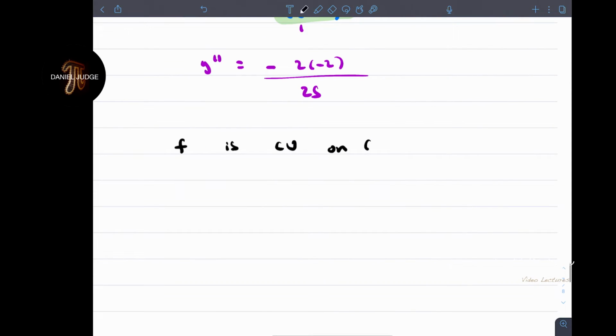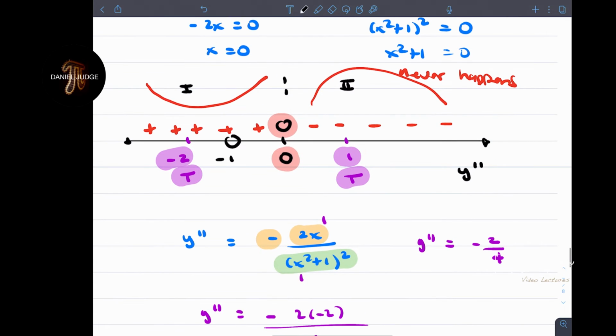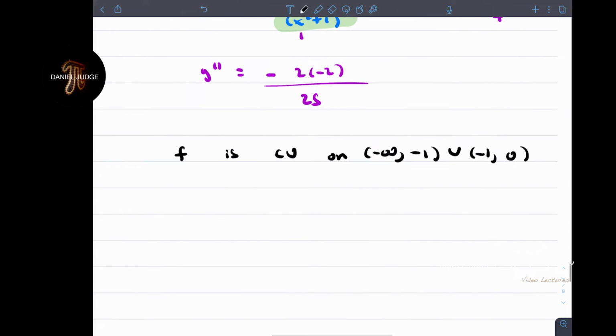So what I'm going to say here, this is from -infinity up to -1, union -1 up to 0. And this is supposed to be a union here, because this is the interval in which you have second derivative being positive, concave up to 0. And then from 0 to infinity, it's concave down. So f is concave down on 0 to infinity. You do have an inflection point